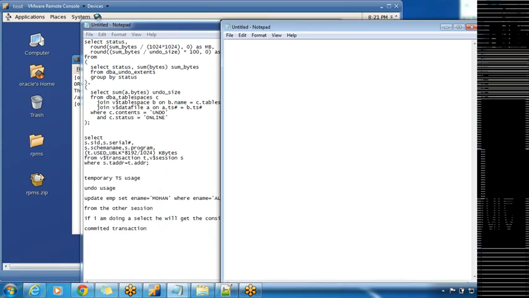I turned off the auto extend on undo table space, and I reduced the max size to be 100 MB. Correct? So now I just changed it to 50 MB, not 100 MB. I just changed it to 50 MB. Now,